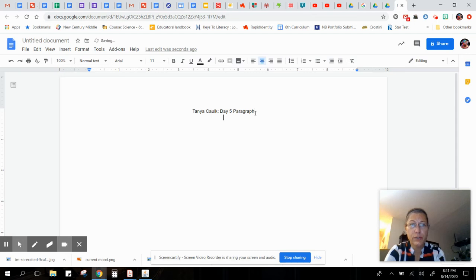Then we are going to hit enter a couple of different times, and we're going to change the alignment back to the left because that's where you usually start typing your text. So now we can start typing our paragraph. I am so excited about returning to school and meeting my new students. I am also a little nervous. Okay, now remember you have to have 5 to 7 sentences about how you feel about returning to school